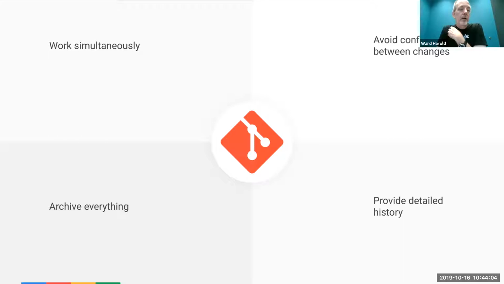So you want to archive everything. And the other thing you want is a detailed history of what has changed. So if it's just you working on your software, you may get to a state where you're kind of scratching your head and saying, this used to work, it doesn't work now, what did I change? That's always fun. Or there's this cool feature in Git that when you're working on a project with multiple people,